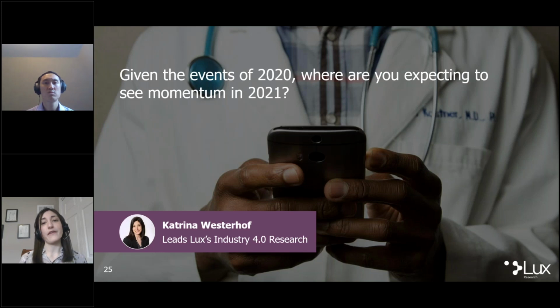So like what we saw in the health space, these were things that were happening anyway, but the pandemic has accelerated them. It's broadened the interest. It's created these market signals that this is really going places. So I think we're likely to see remote monitoring in all forms continue to hold this momentum in 2021.